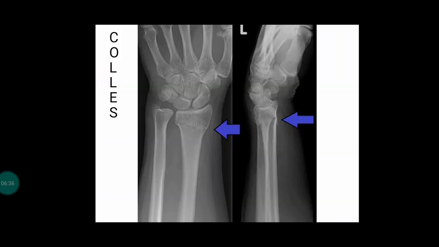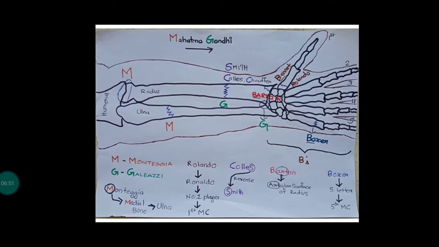Okay. So as you can see here, this is the X-ray showing Colles fracture. There is a fracture line in the distal third of radius, and there may be a dorsal tilt in the displacement of the fragment. Next, we shall learn more about the opposite. Like I said, what is it? The reverse of Colles fracture is Smith fracture.